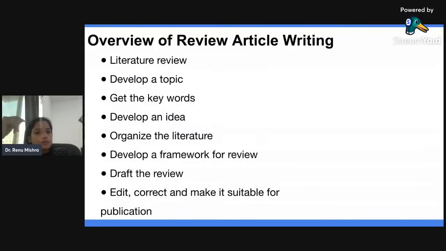Okay, you do your literature review, you develop a topic. Or it can be the other way around, developing a topic can come first also. It is up to your discretion. Let's say for example, many a time you have already decided that this is something which I want to work on, or this is something which I'm interested in. So it is up to the researcher's discretion. Then you move ahead with literature,